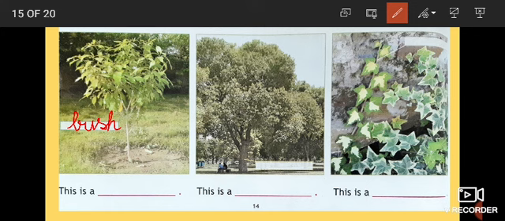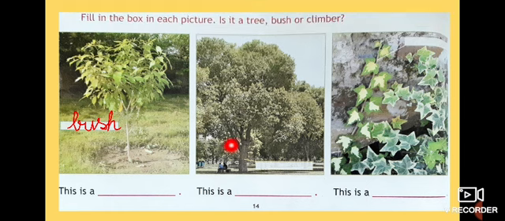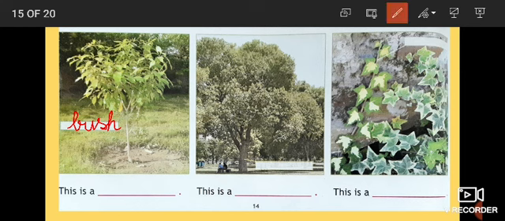And look at the next one. What is this? It's very tall and the trunks are hard. Very good. What type of plant is it? Tree. Very good. What's the spelling for tree? T-R-E-E. Tree. What does the tree give them? Persons are sitting there, no? Yes, tree gives us shade. This big tree gives us shade.